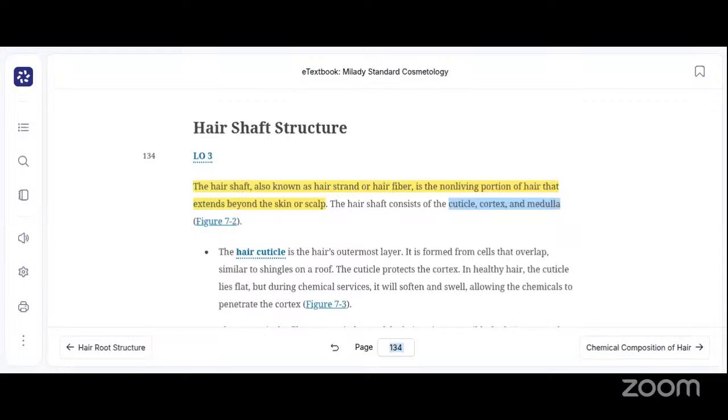And so let's jump back into our chapter 7, properties of the hair and scalp. And let's look at hair shaft structure. That's our recap for today. And then we're going to move into chemical composition of hair. Again,